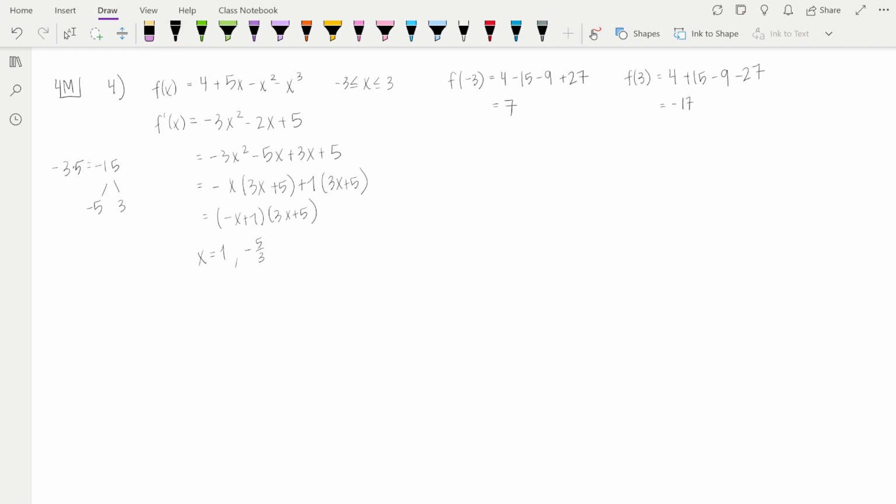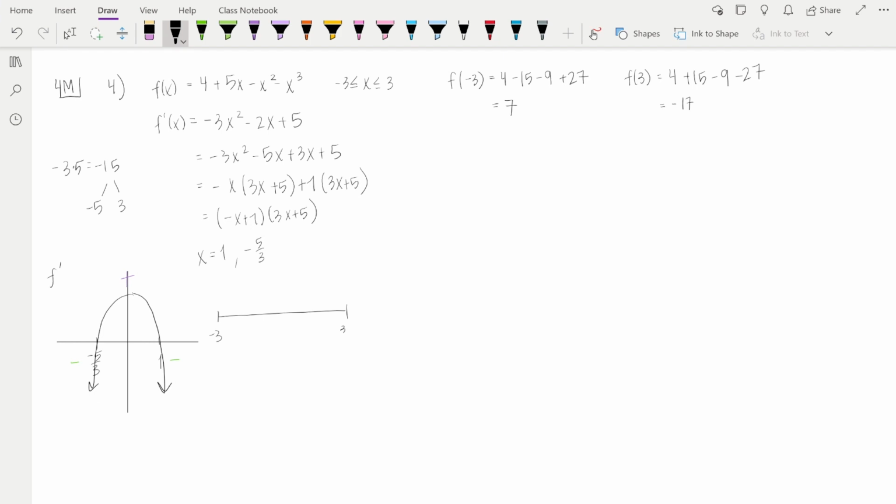So let's be a little more serious about it and consider what the first derivative looks like. So this is a graph of f prime. I know it crosses at -5/3, and it crosses at 1, and I know it's concave down. This is definitely not what the graph looks like, but I only care about the sign, like the y coordinate, whether it's positive or negative. So it's negative down here, it's positive in between, which means my original graph